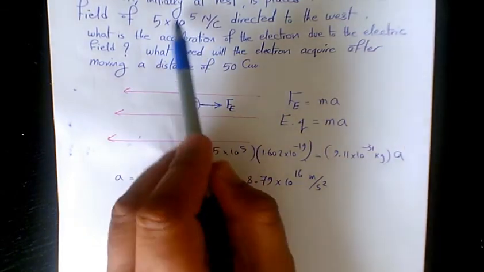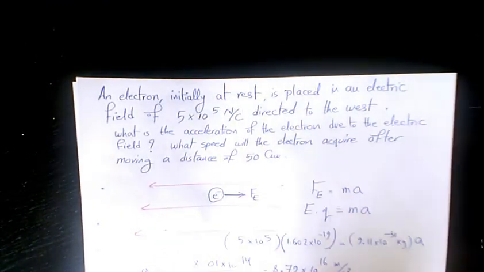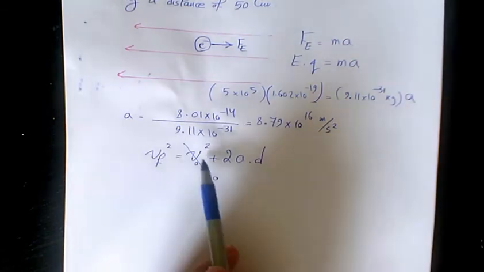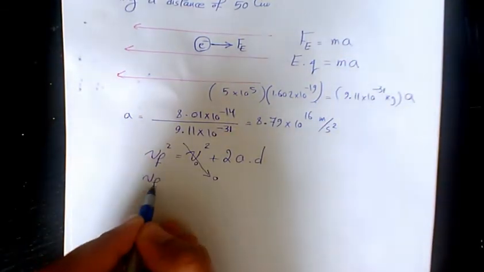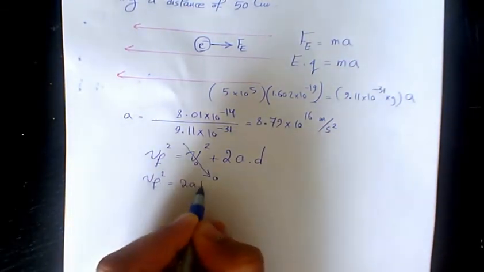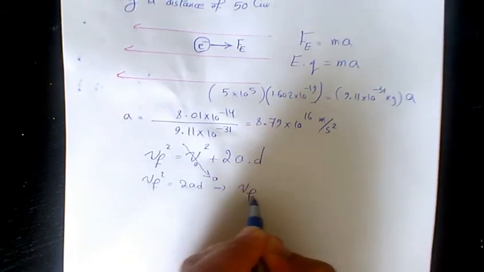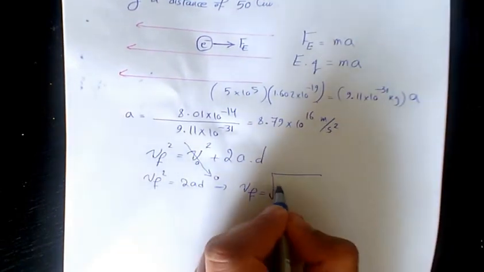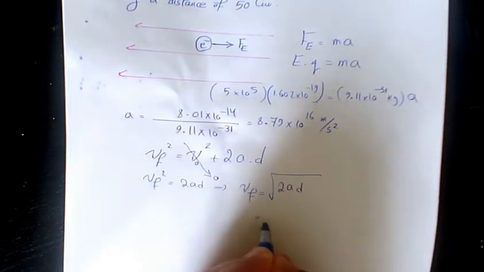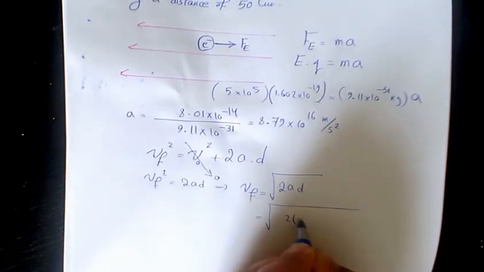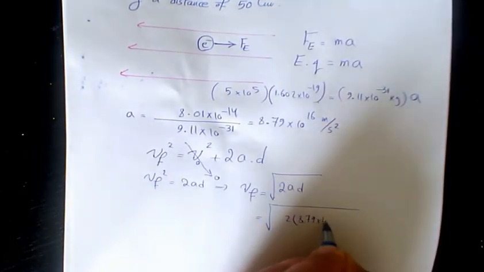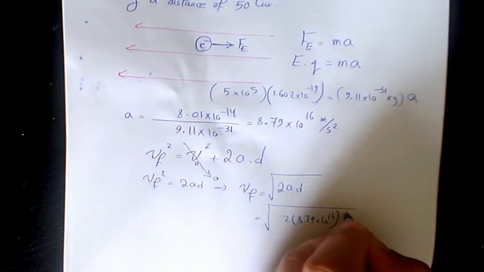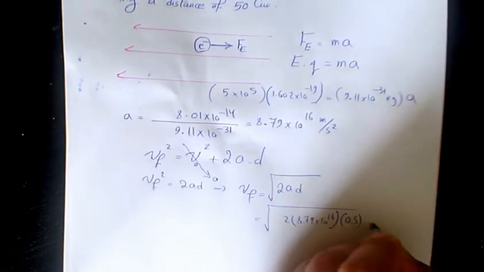Since in the beginning it was initially at rest, the initial velocity was 0. So we're going to have Vf squared equals 2AD, which means the final velocity equals the square root of 2AD, which is 2 times 8.79 times 10 to the power of 16 times d, which is 0.5,